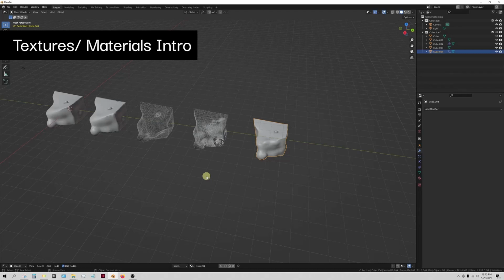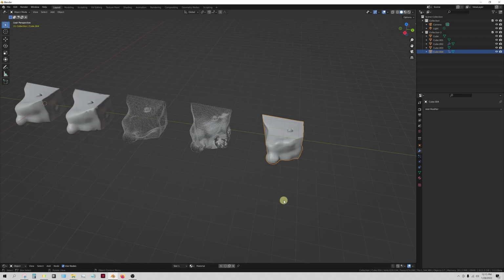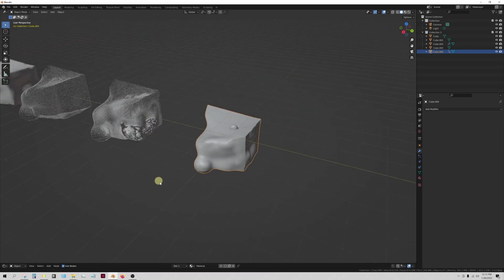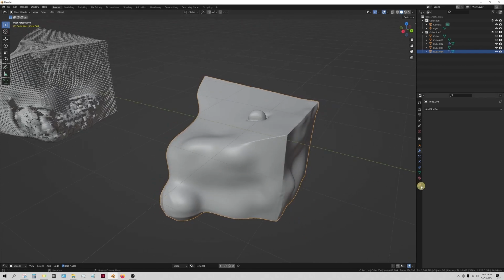This video is going to be more specifically about the textures and materials. I'm not going to get into rendering just yet, but of course rendering and materials go hand in hand. This will come full circle when we go to the rendering video, but we're going to start with just textures. And I'm just building off of the last file that I was showcasing, but we're going to go straight to